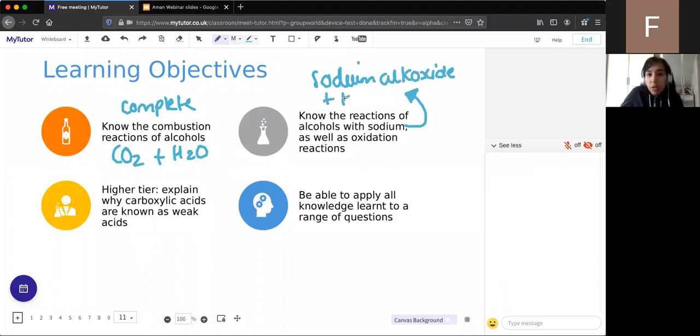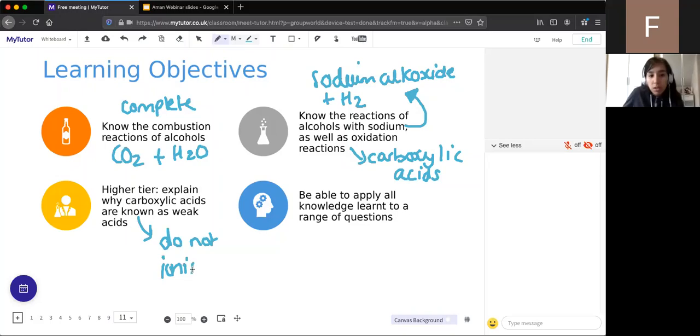plus hydrogen. Good. And what about oxidation reactions? What's produced when we oxidize our alcohols? Good. Carboxylic acids. Excellent. So carboxylic acids, and then we've explained why carboxylic acids are known as weak acids, and it's because they do not dissociate or ionize very well, and the position of equilibrium lies towards the